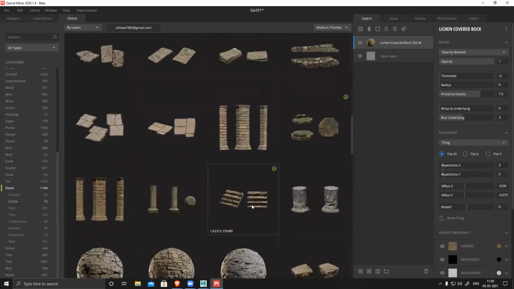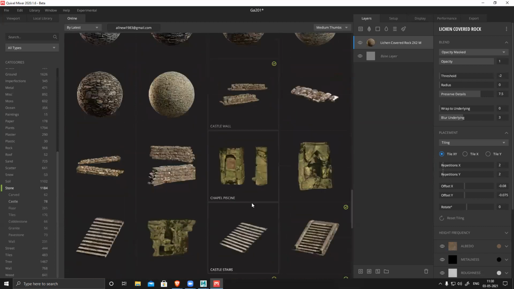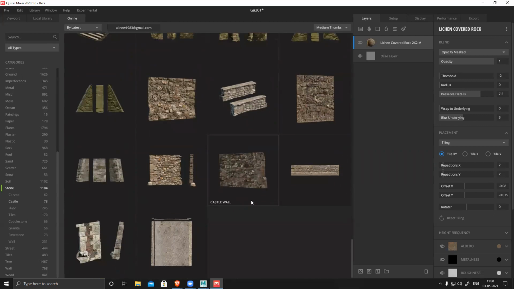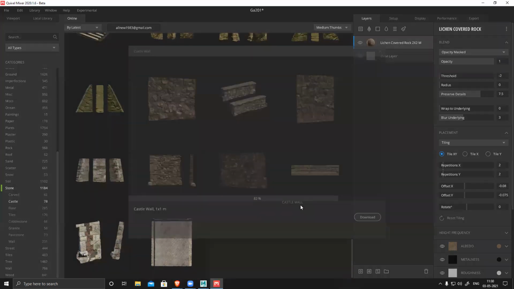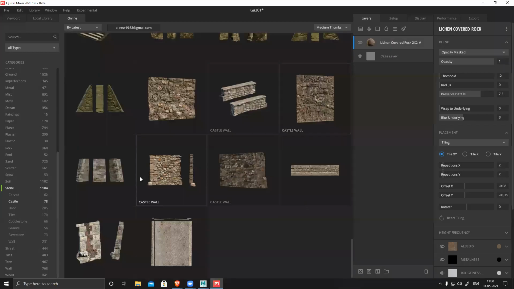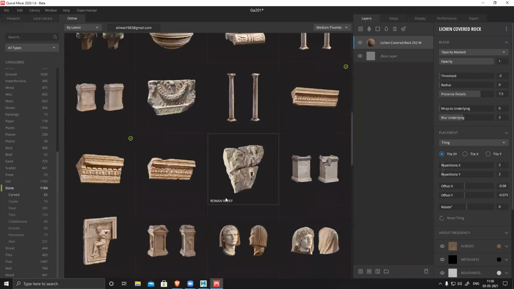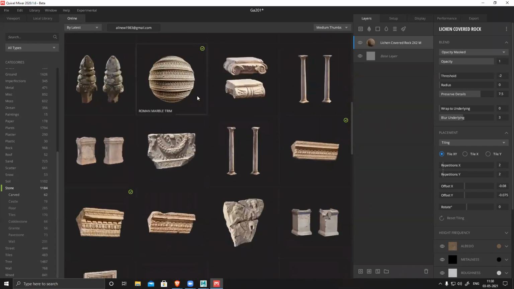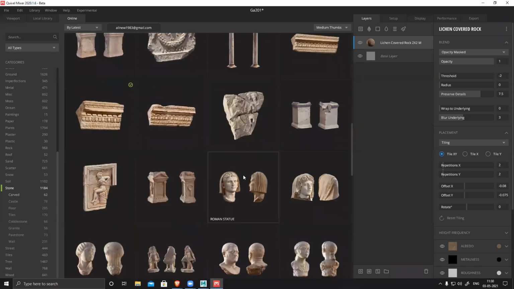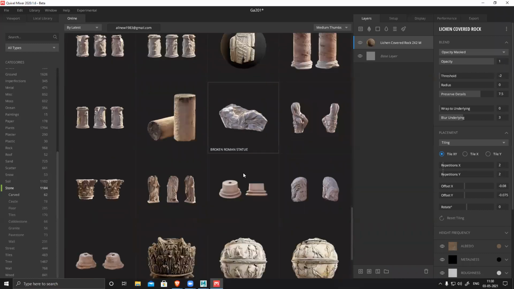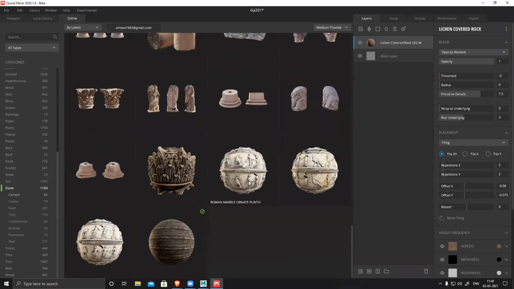Some patterns were there. I'm looking for those patterns. Something similar to this, but I cannot see it. It's not this one. Yeah, something similar to this. I want a material where I can tile it nicely. These are all 3D models, so I cannot use them. I can use only the materials.